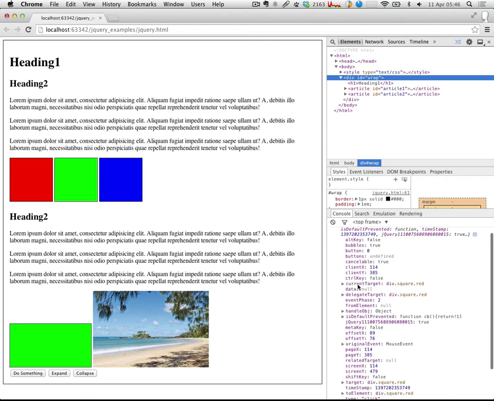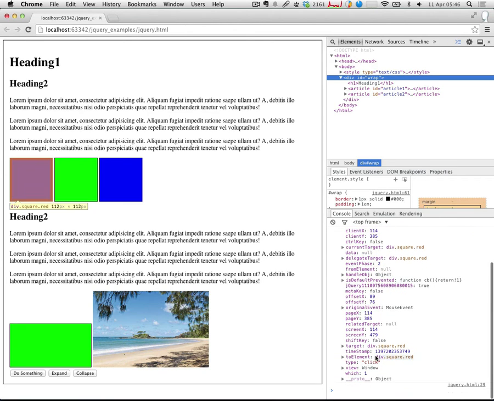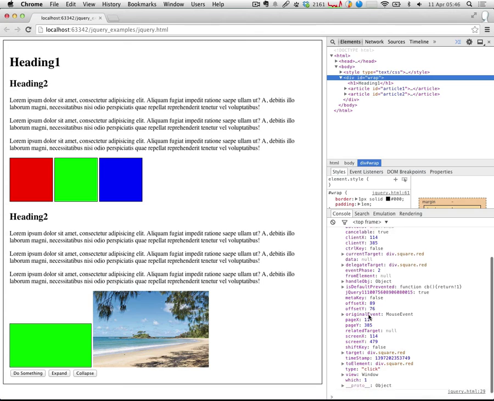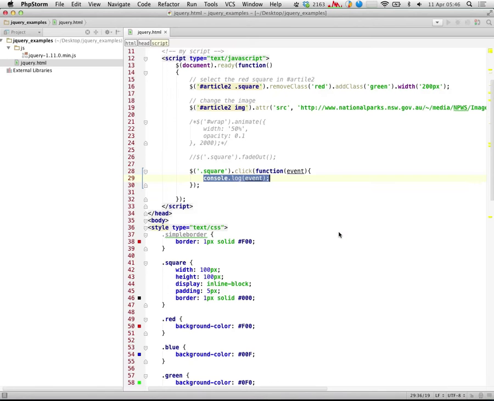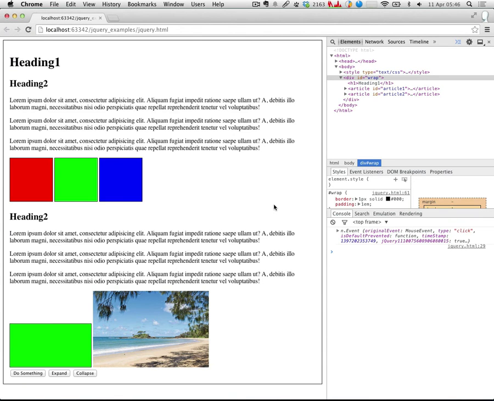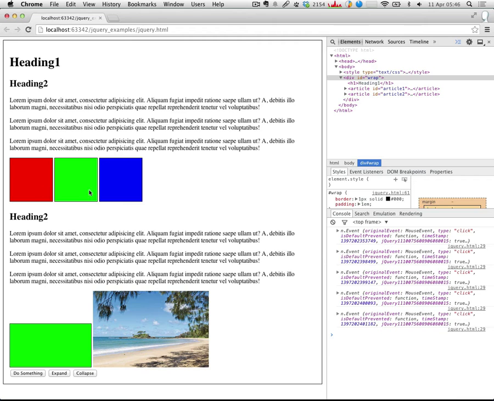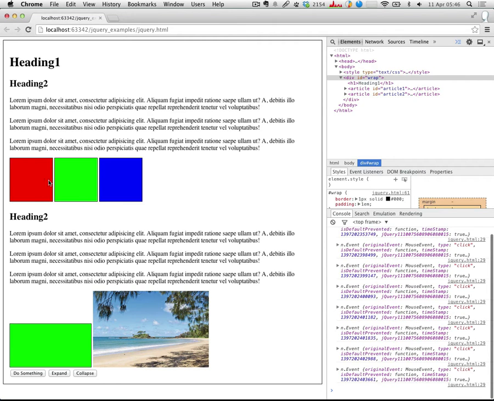And a whole bunch of other information, like where the mouse was when you clicked it, where the page was, all of these things. So that can contain useful information for us. If you don't need to use that event inside of your function, you don't need to include it there, but it doesn't harm it to have it there anyway. So we at least know that this click handler function is working. Okay, and it will fire off every time I click any one of these squares which I've applied that event